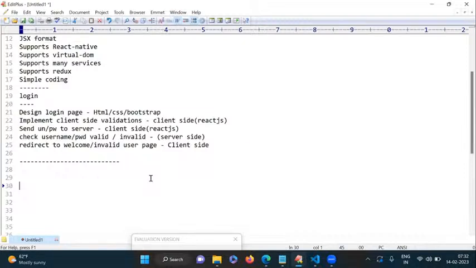Actually in companies, designers are available for these templates. Those designers will provide you the templates, but you should also have some idea about what is an input control, how to place the drop down, dialog box, what is container, what is non-container. These concepts you should know. Then only we can implement